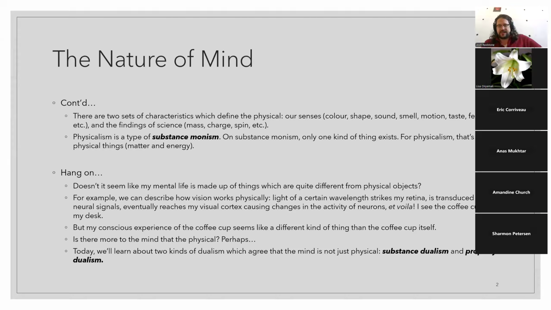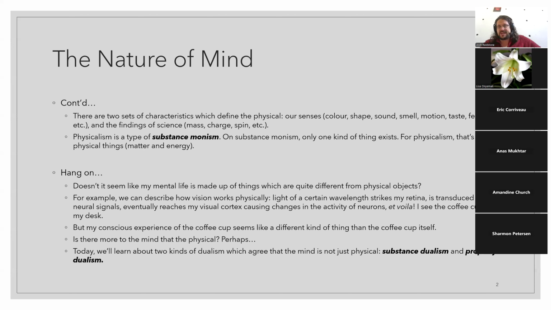So light of a certain wavelength, I think it's around 700 nanometers or something, enters my eye through my pupil and strikes my retina. And I've got rods and cones in my retina. The cones are the color detectors. But my rods and cones both are affected by the light in such a way that they phototransduce the light into signals that travel down my optic tract, down through the optic nerve, and eventually reach my visual cortex, which is at the back in the occipital lobe.